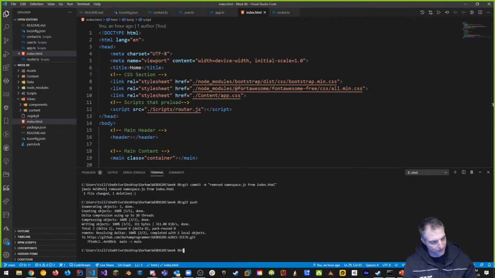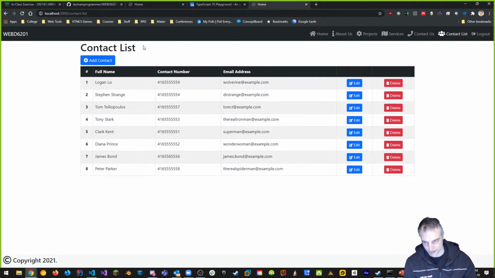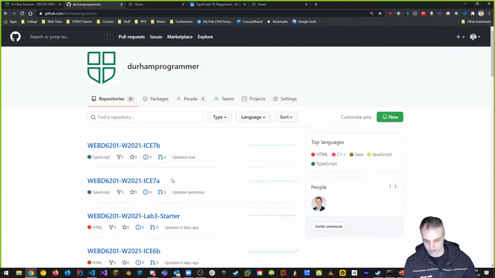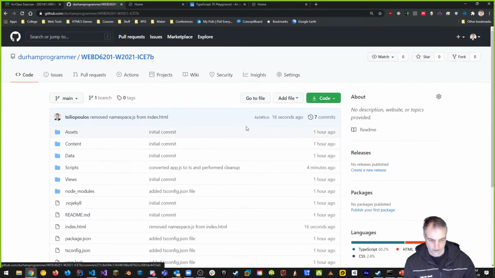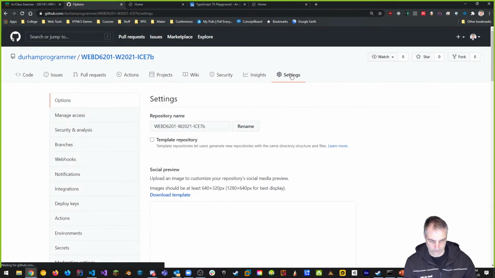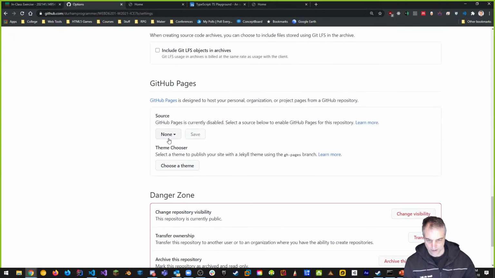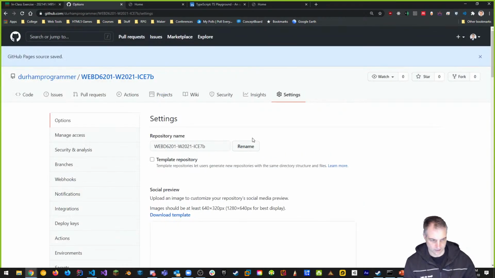Let's run this thing live like we did before. Again, to do that, and this is the last part so far of today, I'm going to go back up to here, look at our repo. What I want to do with our repo is publish the repo. So settings. If I scroll down to GitHub Pages, I'm going to change this from none to main and click save. And that will publish everything online. It'll take a moment to propagate.